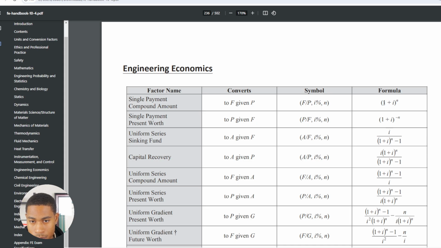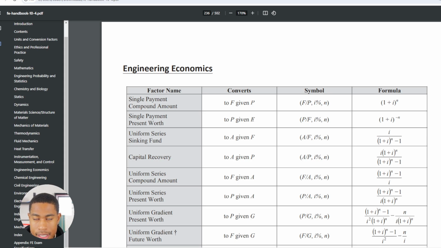All right. The 1 plus I should be in decimal form. It shouldn't be in percentage form. N is just a number. So that N should not be a negative value. It should be positive, right? Okay. So if we want to go to